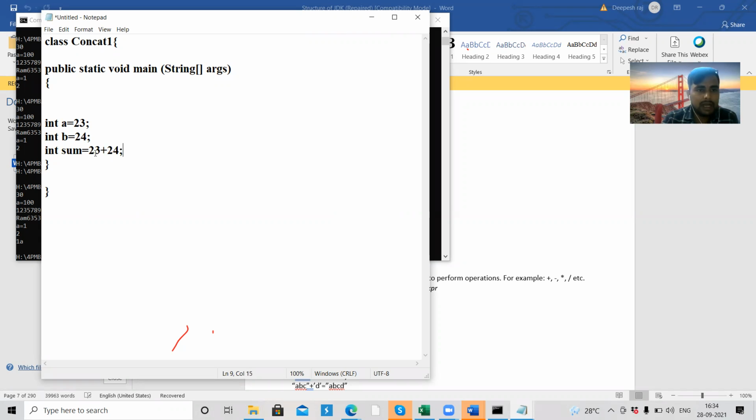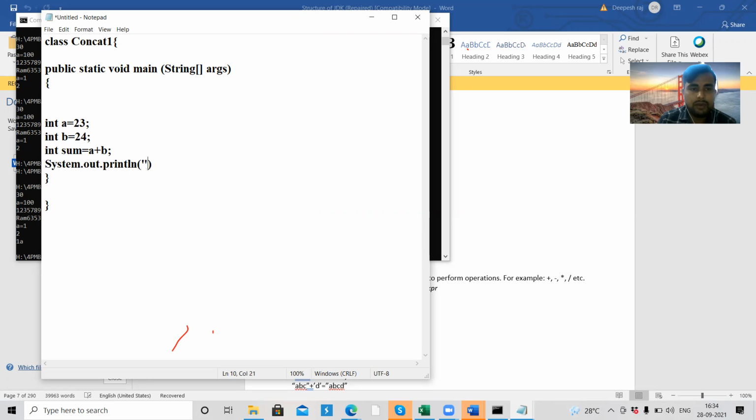So what it will do, it will add the A and B values. The A value is 23 and the B value is 24. It is going to add both values, and the new value is going to be assigned to sum. Now in the output I want it to match what we did in this program.